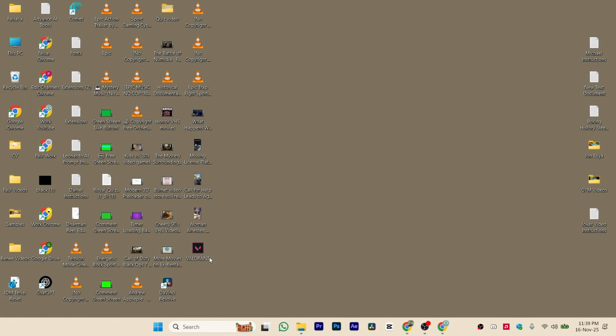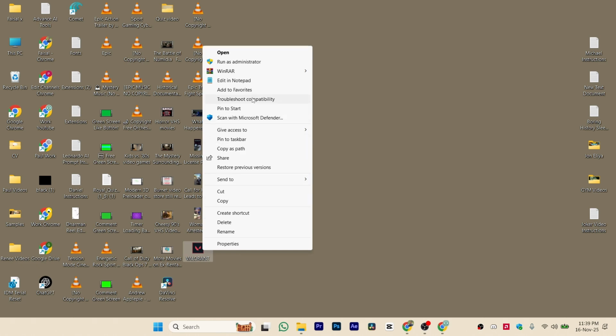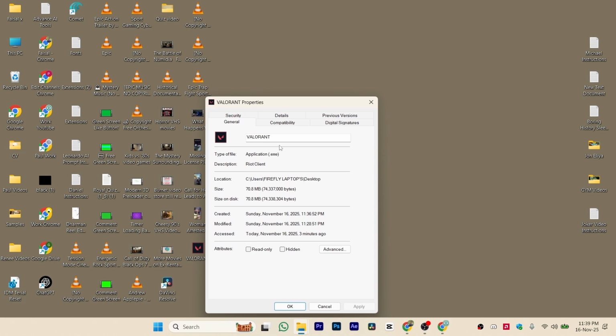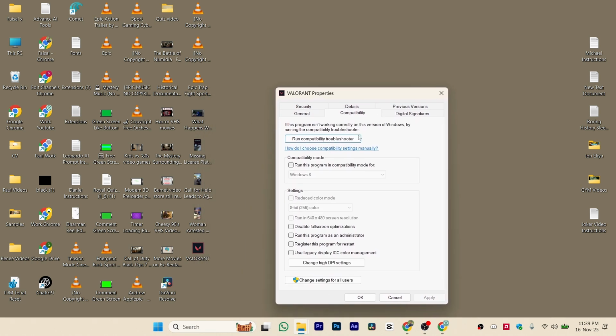Now first of all, step one is just go to the Valorant application and right click on it. If you're using Windows 11 you'll see this interface. If you're using Windows 10 you will see this kind of interface. From here just click on properties, and once you click on properties just go to compatibility. Once you are inside the compatibility section, you can just turn this on, run this program in